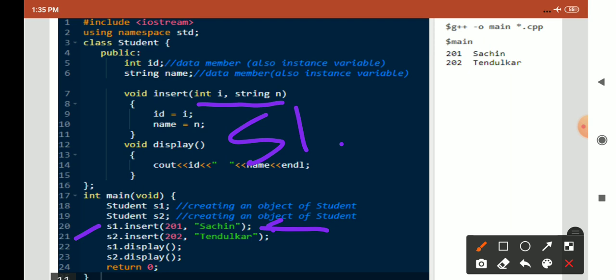We pass 201 and Sachin as parameter values, and in the second object s2 again we are inserting values 202 and Tendulkar, and last we are displaying values, s1.display and s2.display. So these are the function calls. We are calling this insert function and display function through your objects s1 and s2.